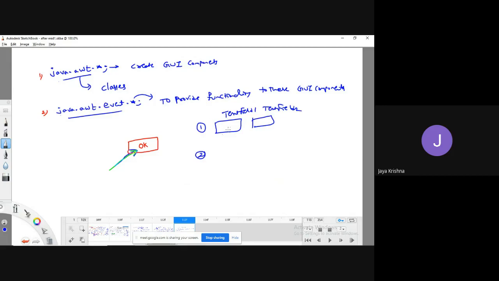Without entering any data, if I move to the next one and want to show an error, then I have to use the second package. Anyway, if you didn't understand, you will understand in the last part of the session. But for the time being, just understand that to provide functionality to these GUI components, I can go for the second package.